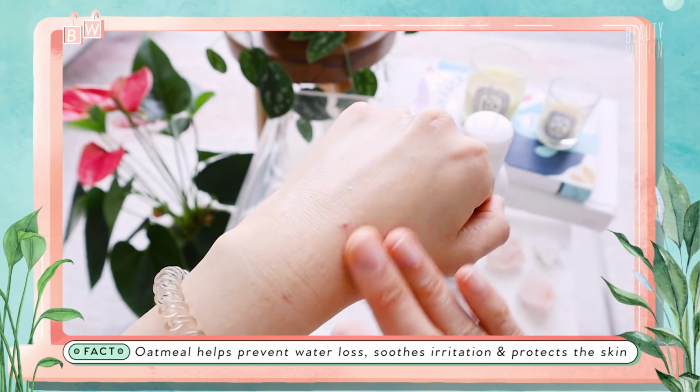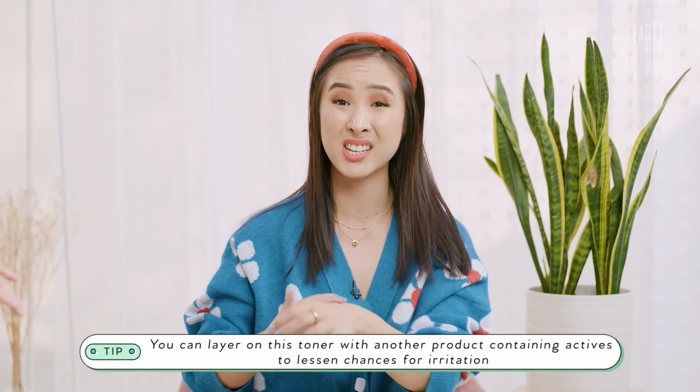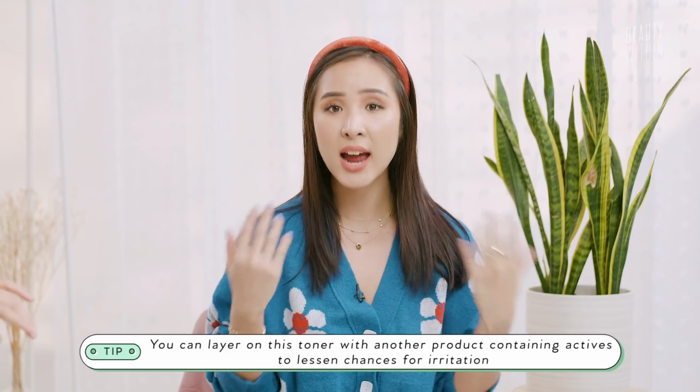So this really is a very soothing, gentle friend. And it has a very unique consistency in that it's like a watery, milky texture. Even though it comes out milky, it's a very watery consistency that just very quickly absorbs into your skin and gives it that instant hydration. It's a no-brainer anytime your skin is compromised, like a rash, or you have dermatitis, or you have anything that's kind of aggravating, this will definitely heal it back to